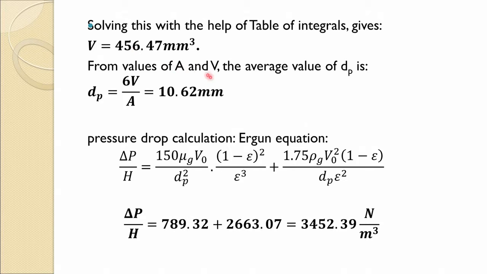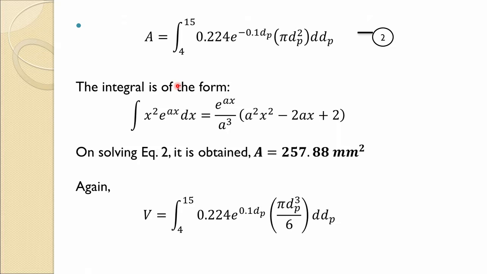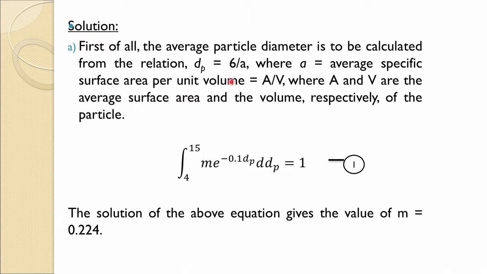So, from this value now we can calculate the average diameter of the particle, which comes to 10.6 millimeter. Now, once we got the average diameter of the particle, remember it has been defined here,